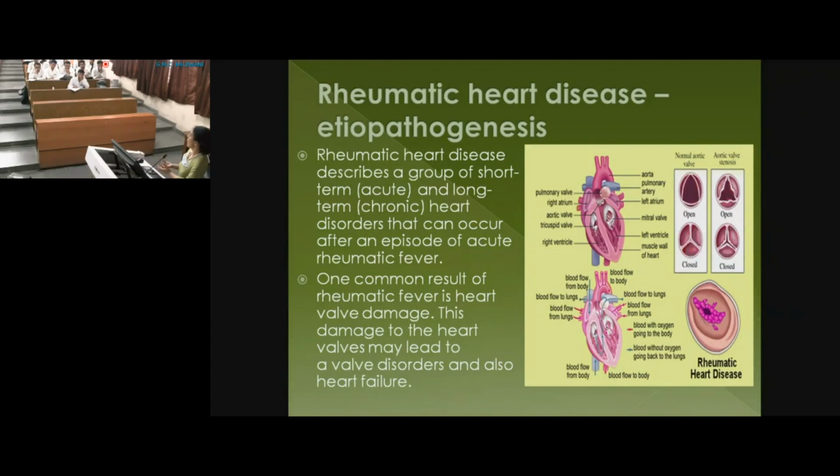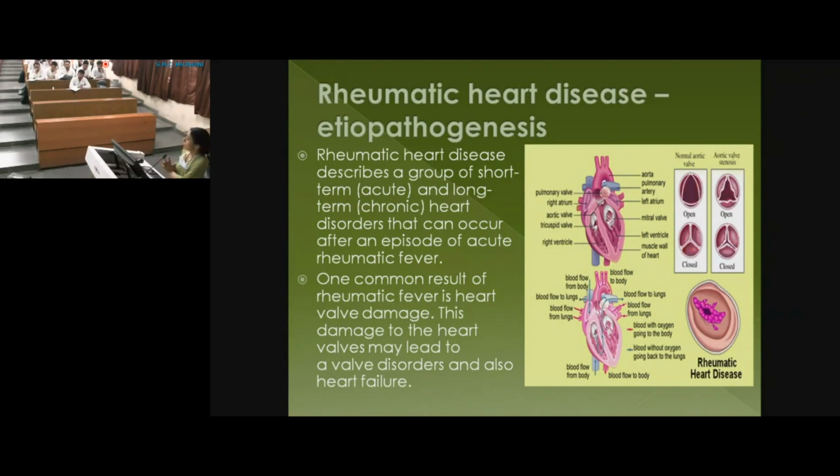So what the body does is, you have a streptococcal infection, then you have a lag or a latent period, right, during which the infection subsides, but the body boosts the immune response. And those antibodies which are generated against the streptococcal cell wall antigen or the polysaccharide, they confuse your body. There's a kind of mimicry, and they confuse certain antigens which are present in the heart valves or in your joints or in your brain, and these antibodies then cause an immunological phenomenon which causes rheumatic heart disease, right?